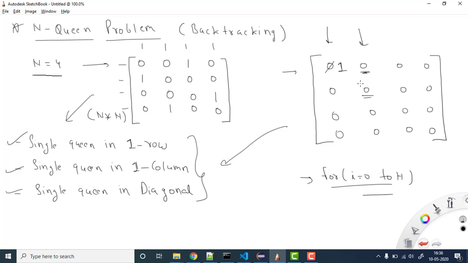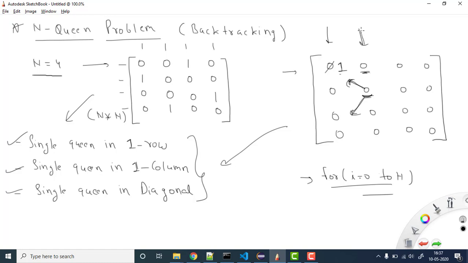The second condition is that we need to check diagonal-wise. When we are checking here, one diagonal can be this side and one diagonal can be this side. Now you can argue why we are not checking the other diagonal. The point is that we are covering column-wise.